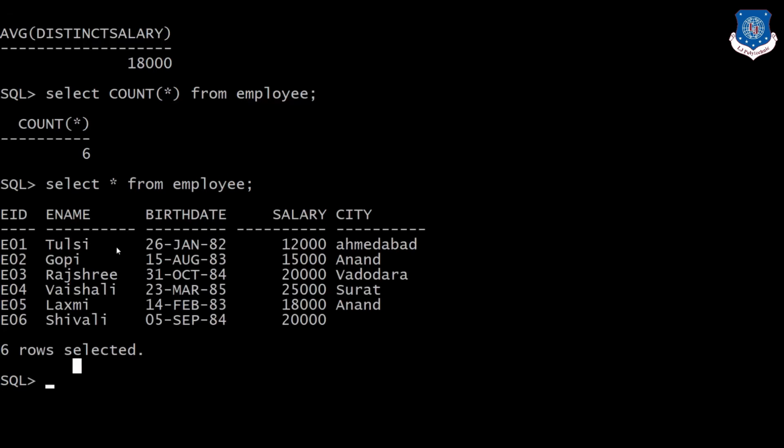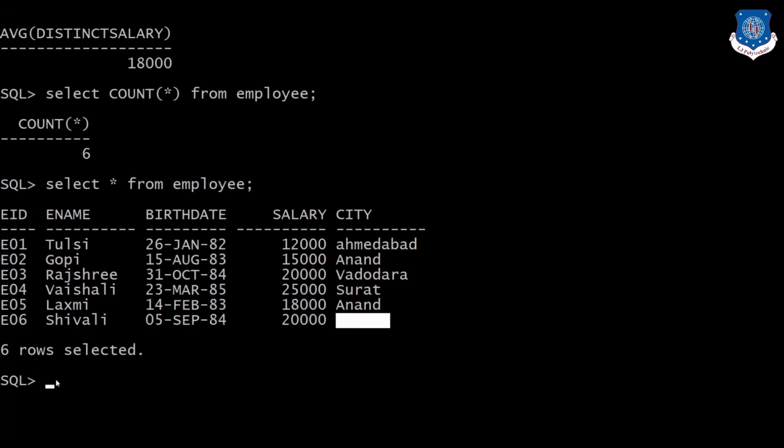Now what if we want to count records according to certain criteria? If we want to count records having a city, or we want to eliminate null values, we are having a null value over here.